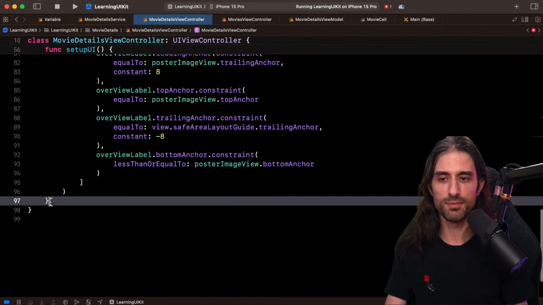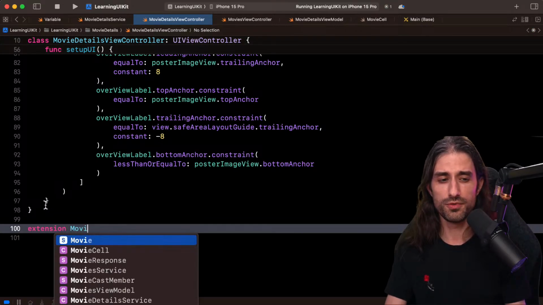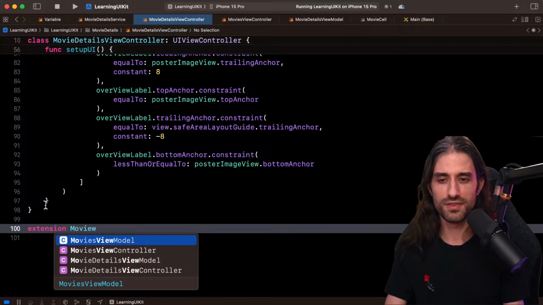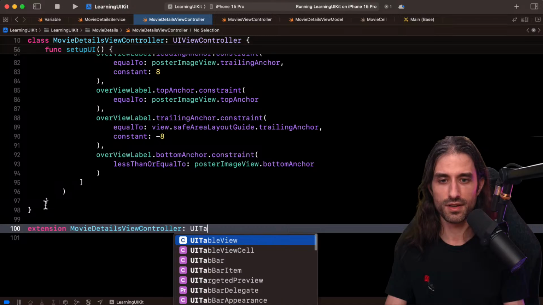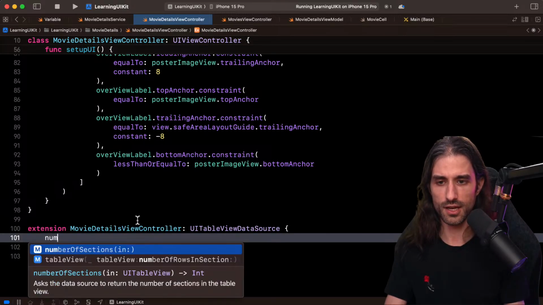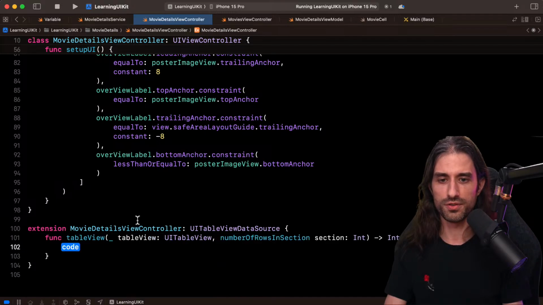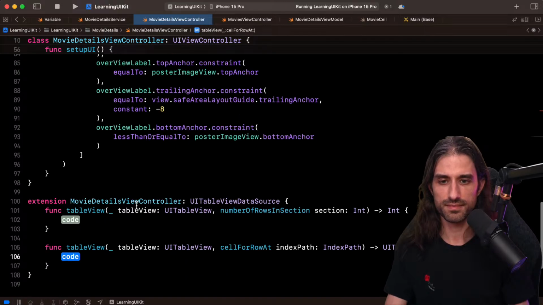So we already know that at some point we're going to need to implement the protocol UI table view data source. So movie details view controller is going to implement UI table view data source. And we'll need to implement number of rows in section and cell for row at index path.